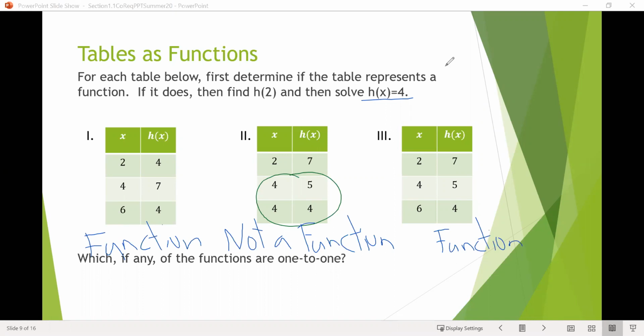All right, so let's go back now to the 2 that are functions. So we're not using the one here in the middle. And let's do the other parts of the direction. So we're told to find h of 2. So here they've given us an input of 2, which means they want us to find the output, which in this case we see is,